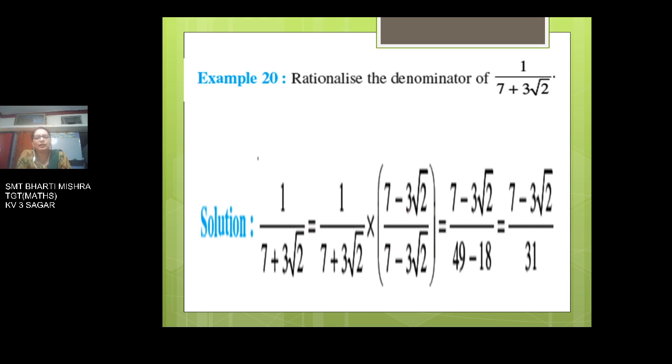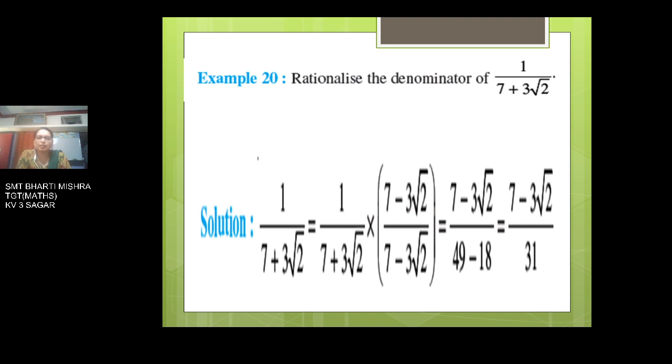Now further, one more example. See, we are considering different types of examples, and these examples will help you in solving the exercise questions. So rationalize the denominator of 1 upon 7 plus 3 root 2. The denominator is 7 plus 3 root 2. So the rationalizing factor will be 7 minus 3 root 2. So as you are multiplying the denominator, the same you will multiply the numerator as well. So the resultant is 1 multiplied by 7 minus 3 root 2 comes to be 7 minus 3 root 2,